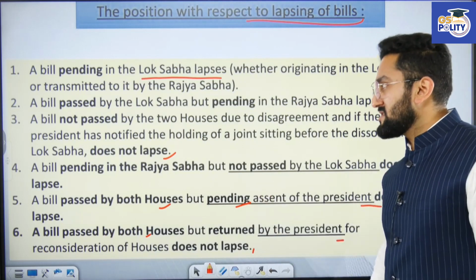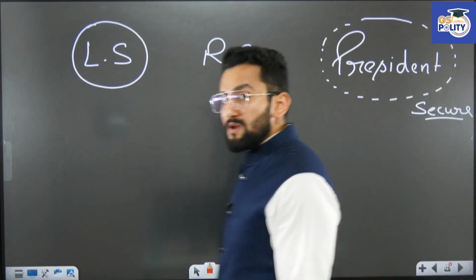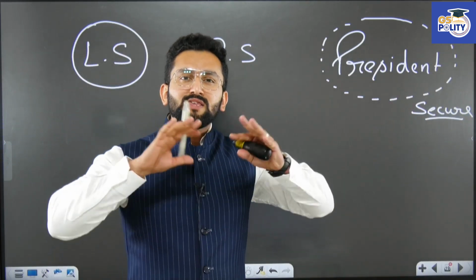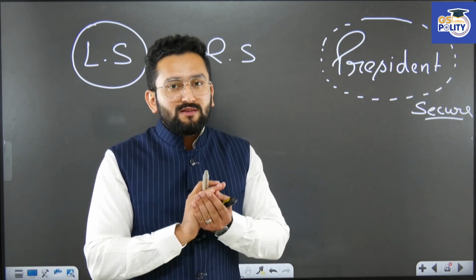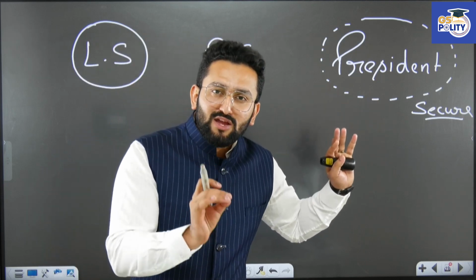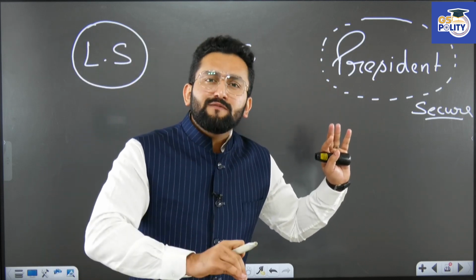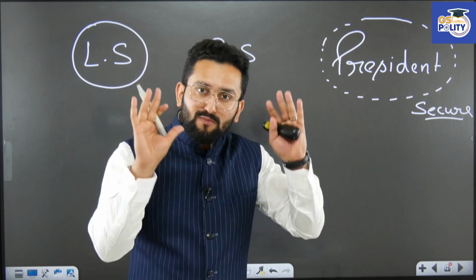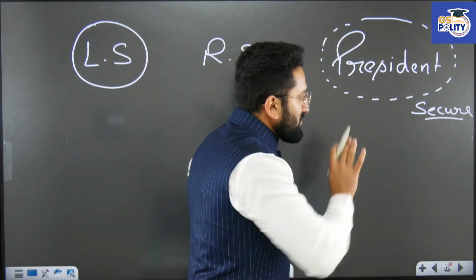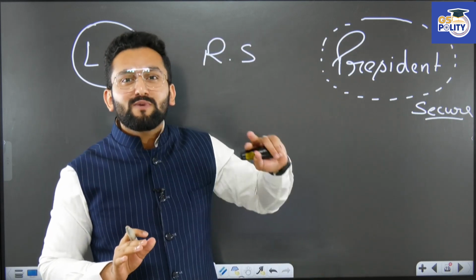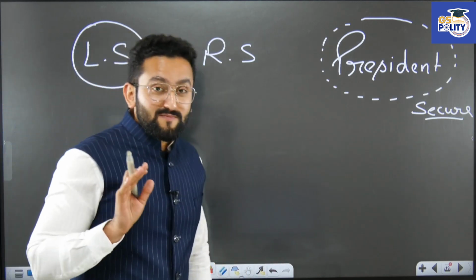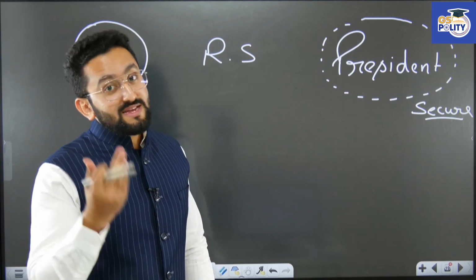Now, how are you going to cram these? Let's understand in a simple manner. Consider that our President has a security network. Whichever bill touches the Honorable President, that bill is going to get security from lapse even if Lok Sabha gets dissolved. You can remember this. Whichever bill is going to be presented before the Honorable President, this bill will be secure. And our Lok Sabha has a curse, because it is getting dissolved.